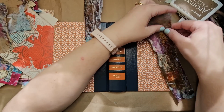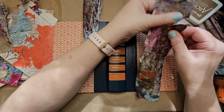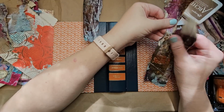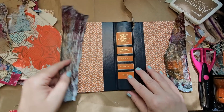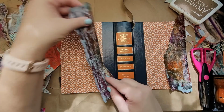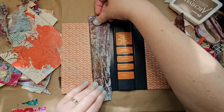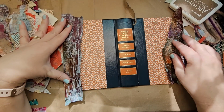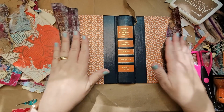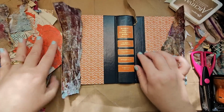I don't like what's happening there, but I like everything else. And it just adds a little bit to the covers. I could do it either way, in between or on the edges. I don't know exactly yet what I want to do, but I think that,